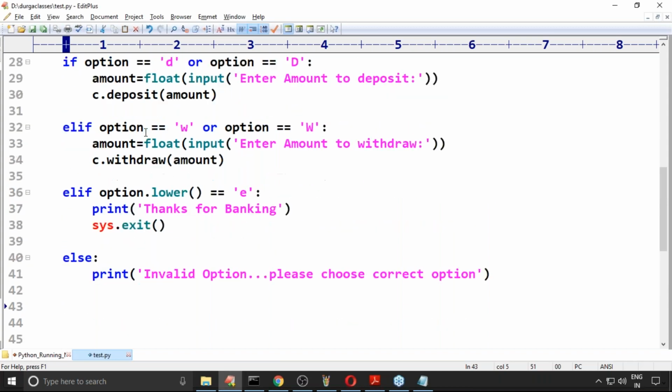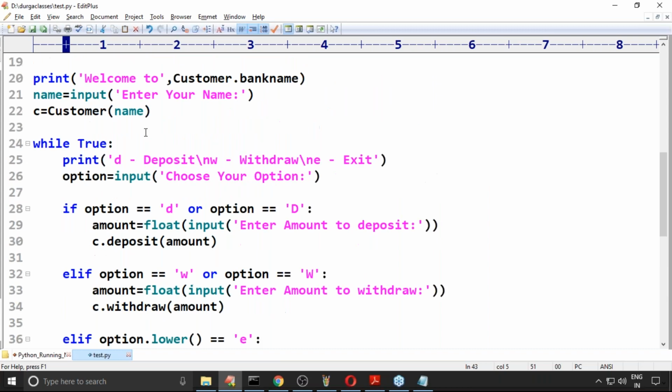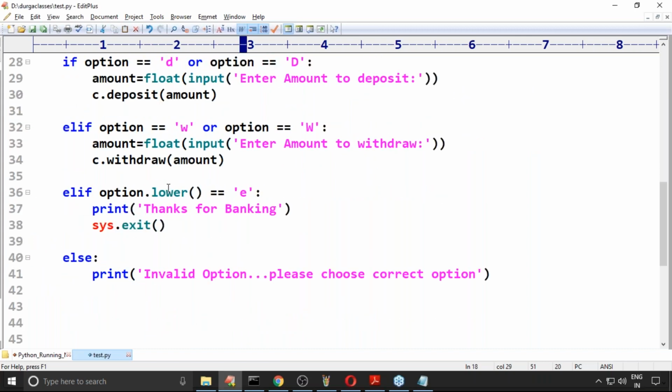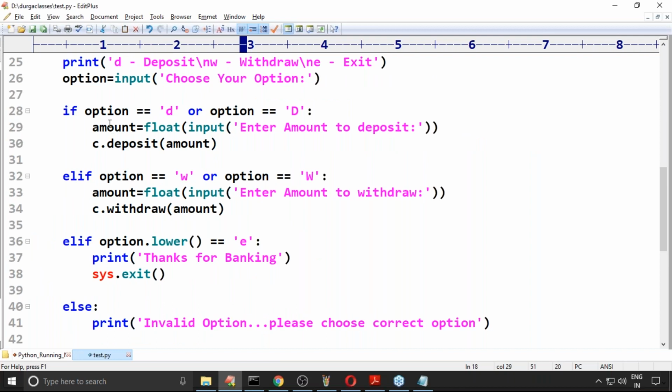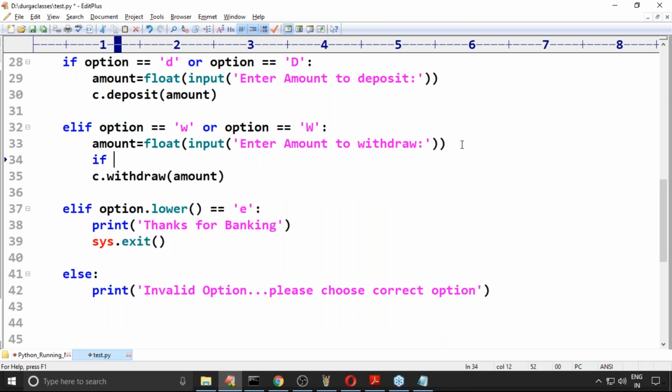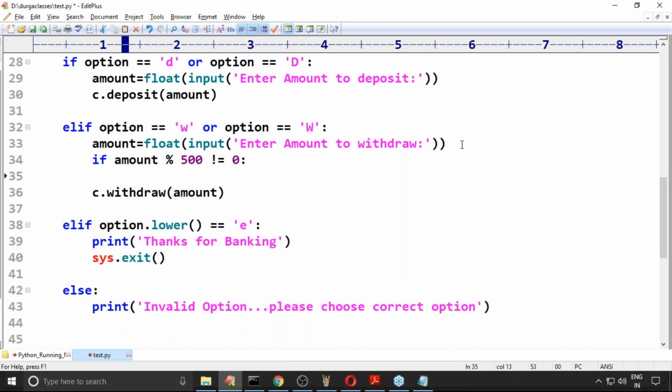Very simple, sir. Here, just observe carefully. If option is equal to withdraw, amount I got. If amount percentage 500 is not equal to 0, what is the meaning of that?